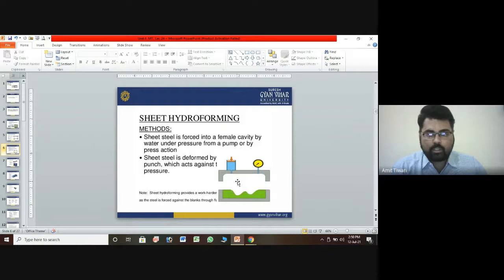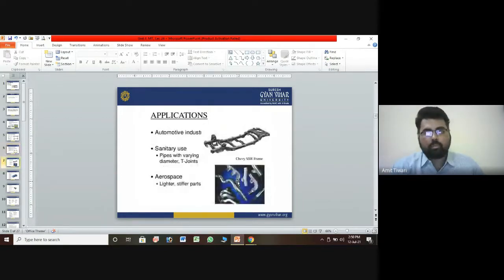Now let's discuss the next point, that is the applications, starting with the automobile industry. You can fabricate all types of designs, such as sanitary pipes with varying diameter, T joints, aerospace lighter and strip parts. If you want to fabricate this type of part, you can make it with the help of the